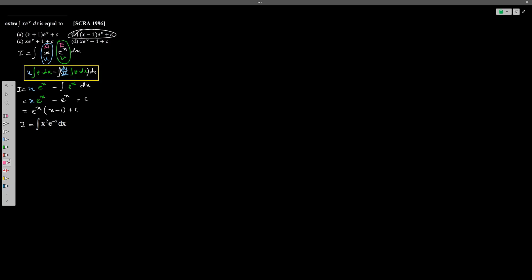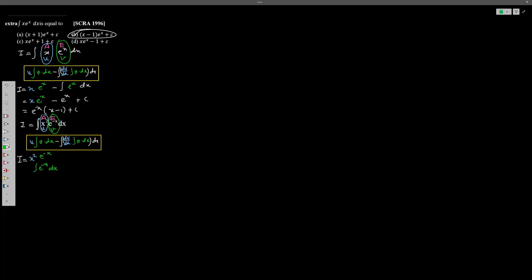First, x square, that is algebraic term, and second one is exponential term. So x square will be selected as u and e raised to minus x will be selected as v. So we are ready to apply the formula. In first term, x square as it is, integration of e raised to minus x dot dx,